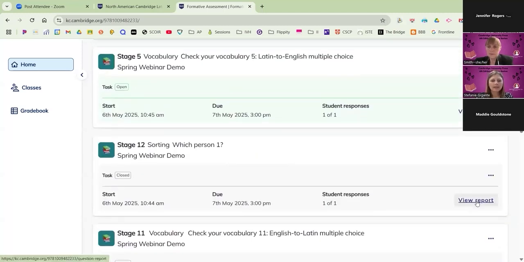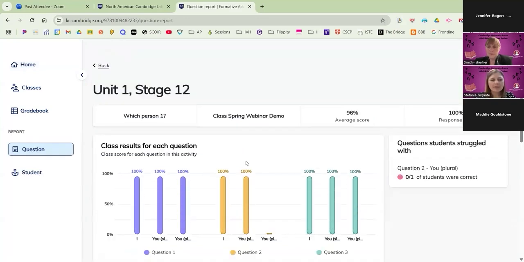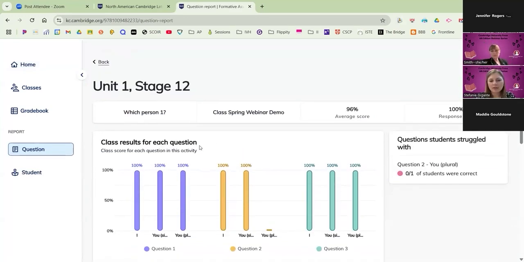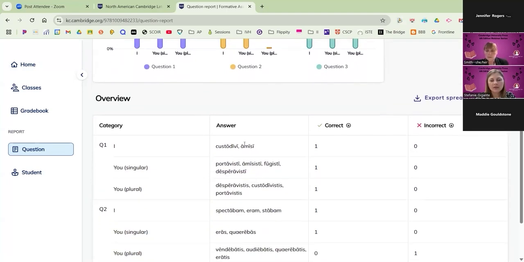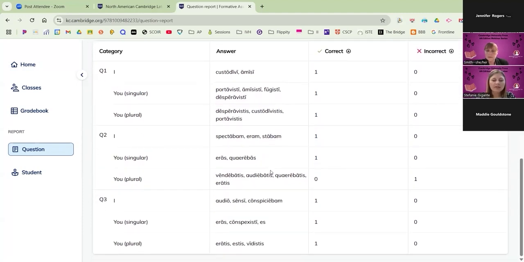While we wait for the data to sync, I'm just going to show you the sorting activity for stage 12. Again, I can see that in question 1, these 2 were identified correctly. These 4 were identified correctly as U singular, U plural. But then I could also see the U plurals for the imperfect, right?